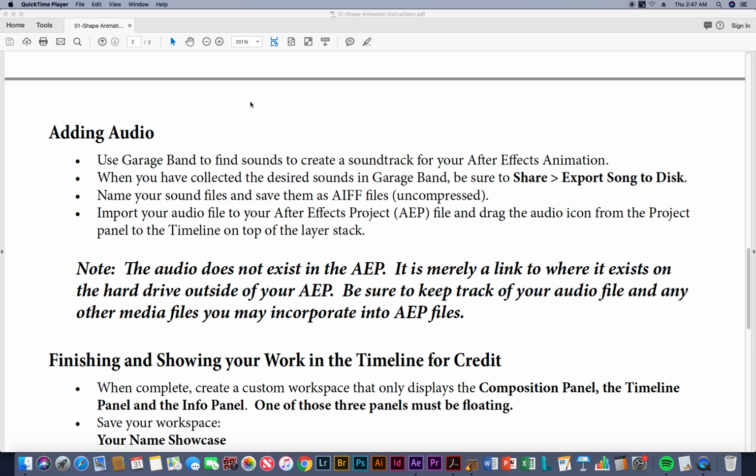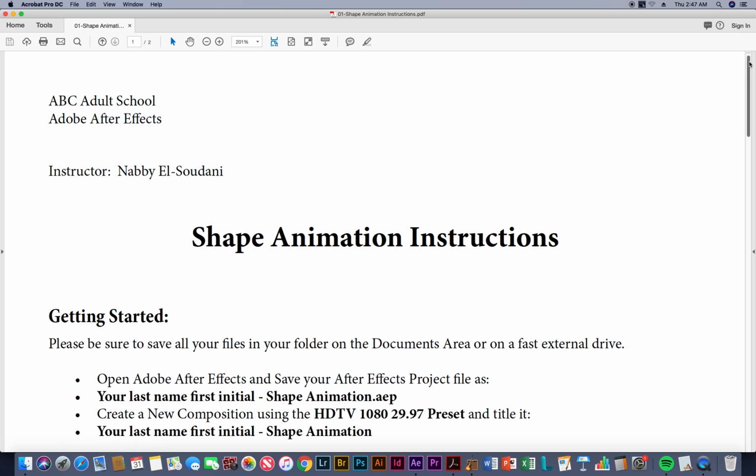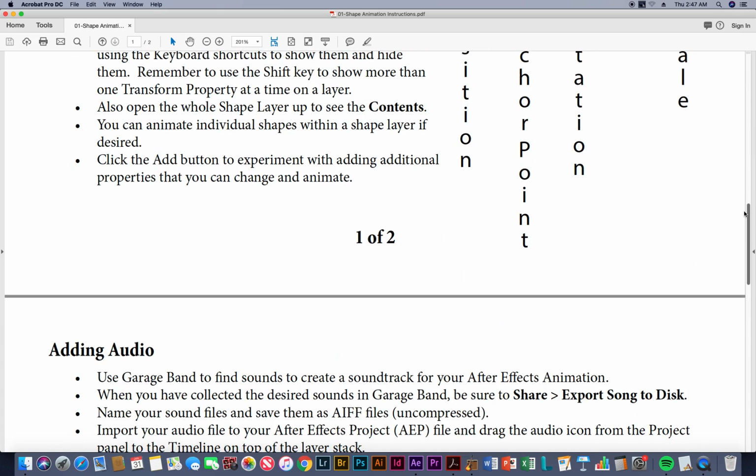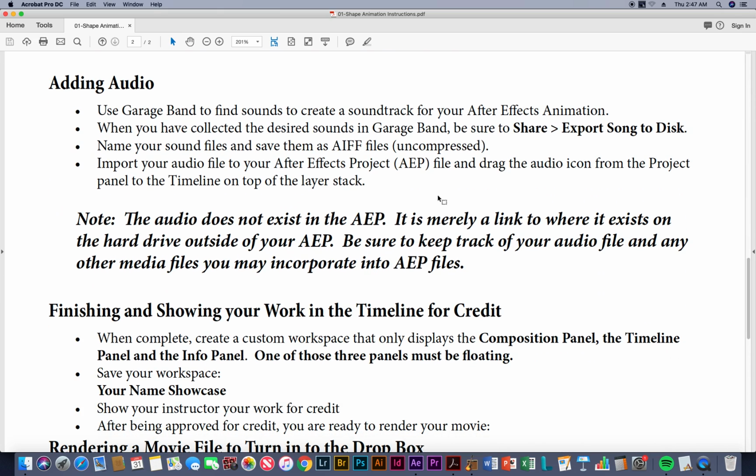I want to bring to your attention that on the assignment sheet on the second page, there's information about adding audio using GarageBand. And in case you forget, after you're done composing your sounds in GarageBand to make your audio file, your AIFF file, you can go Share, Export Song to Disk,